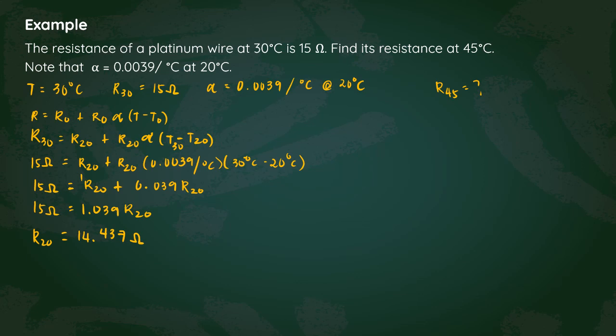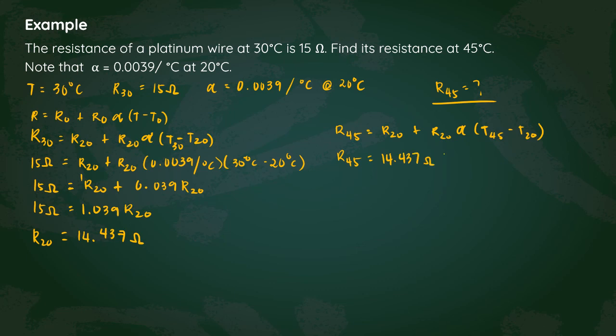So now we have the resistance at 20 degrees, which is the reference temperature. So now we can solve for the resistance at 45 degrees using the reference temperature R20 plus R20 multiplied by the temperature coefficient multiplied by the change in temperature, which is T45 minus T20. So R45 is equal to,